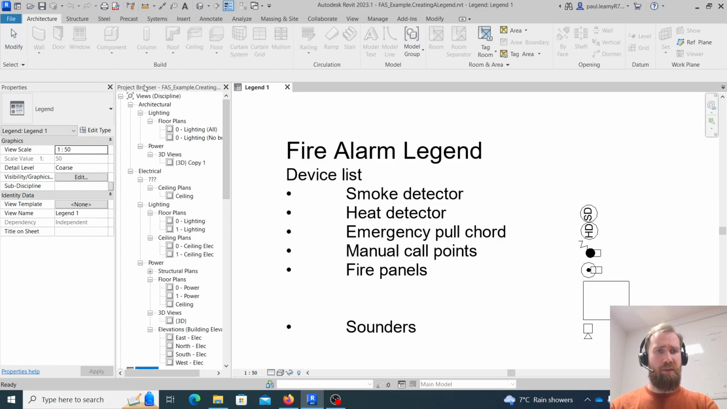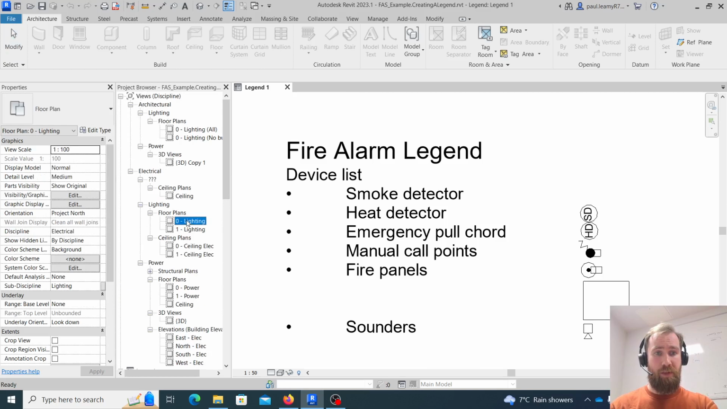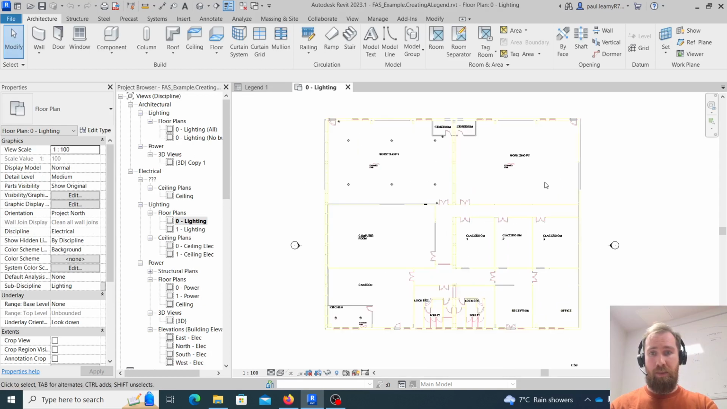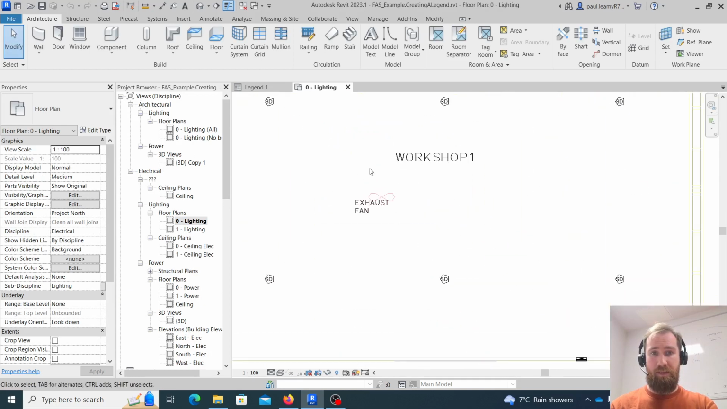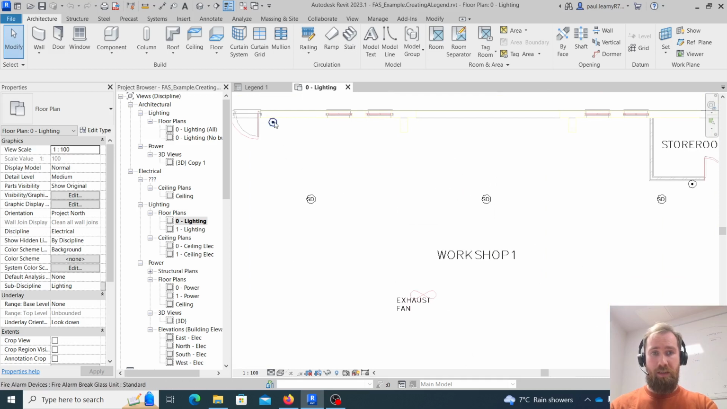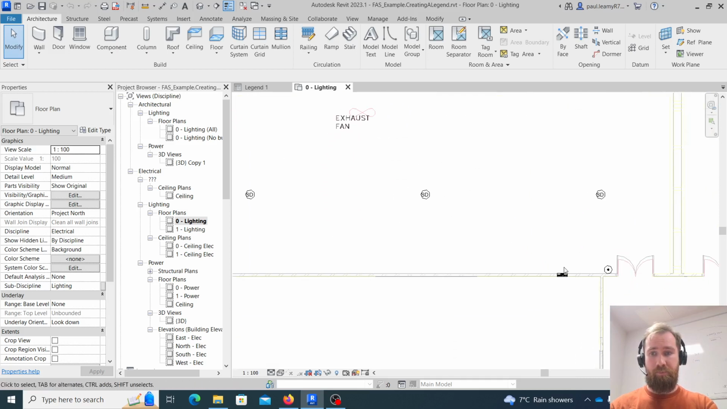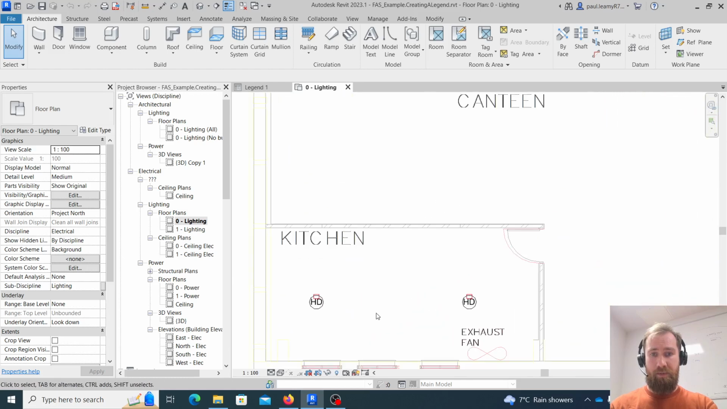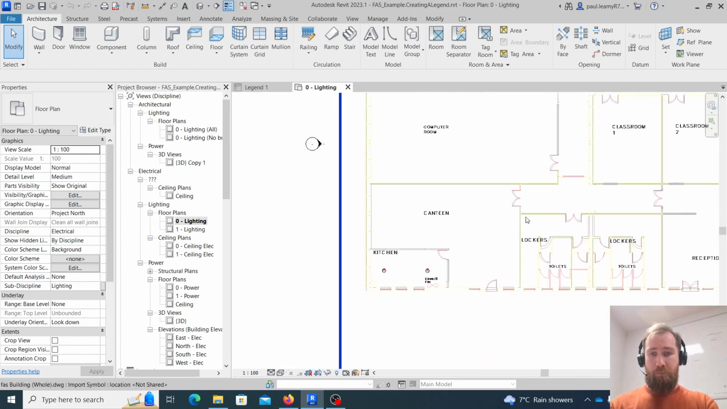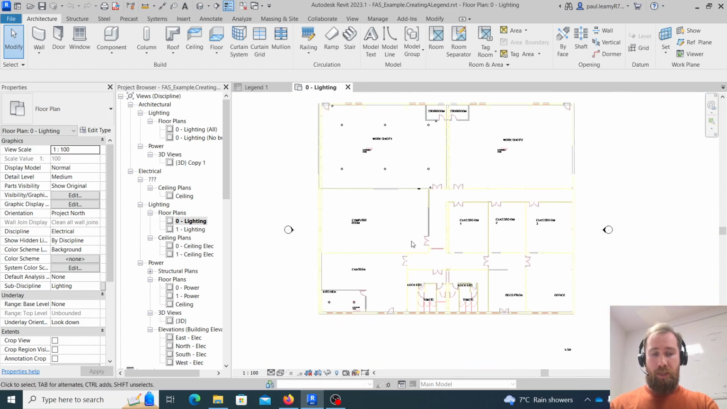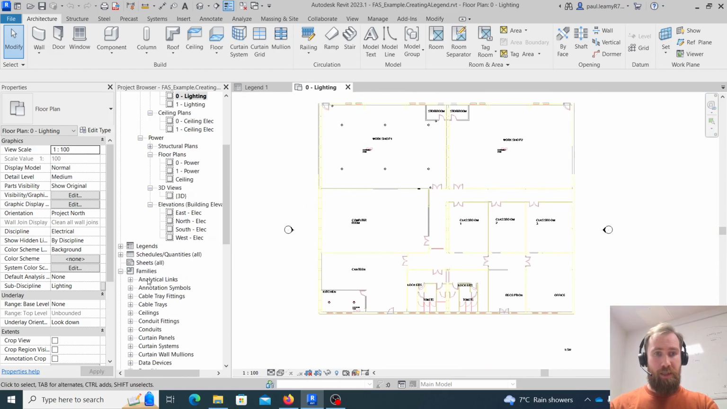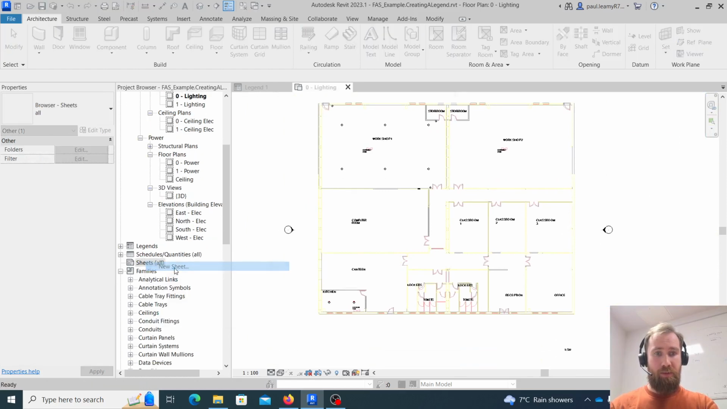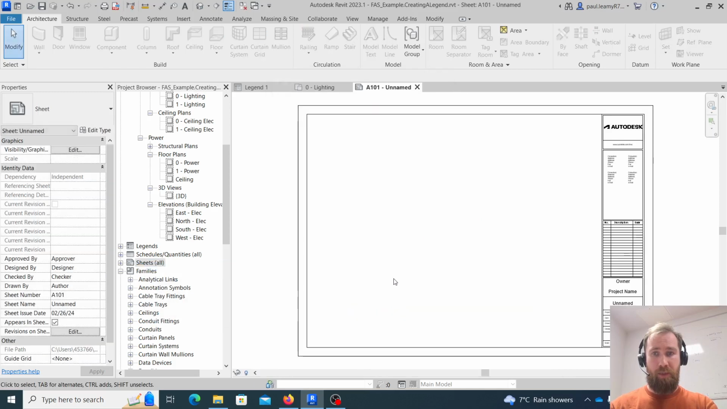Underneath your project browser on Revit, we have all of our different views. So for example, my drawing at the moment looks something like this, and I've placed some smoke detectors in it, some call points, a fire alarm panel, and some heat detectors as well. But as it stands, if I was to create a sheet to view all this, so a new sheet, which is